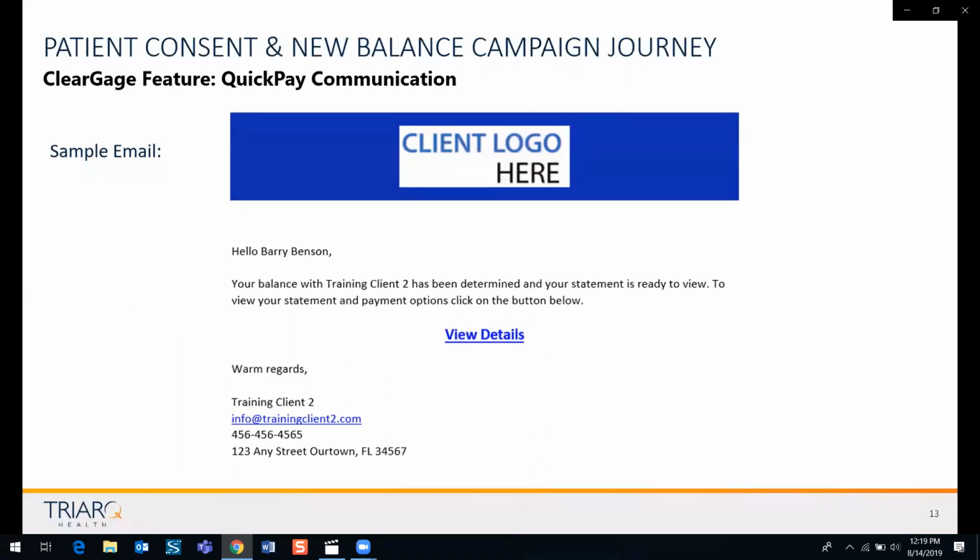When a patient receives this email, they simply click the View Details link right there in the middle, and it will take them to one of two places. If they have given consent for text and email, then it will take them directly to the portal, and then they can set up a payment plan, make a payment, whatever they need to do. If they have not given consent, it will take them to a consent webpage where they read the terms and conditions, give their consent to text and/or email, or deny consent, and then sign it. Once they do that, it will take them to the portal. I'll go over the consents a little bit later, but the consent is very, very important